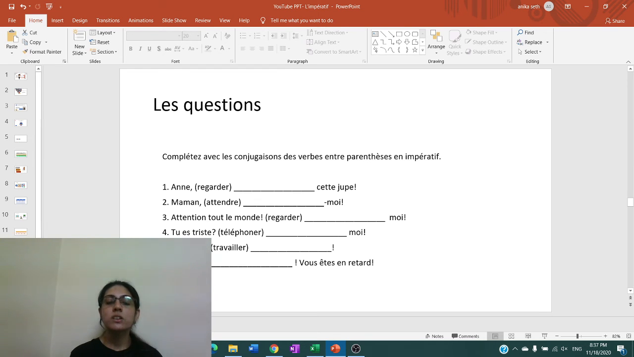Next is Jean-Paul, travailler. So the name of the person is given. In the tu form we will use travailles, which ends with s in the present tense because travailler is an ER verb. Remove the s. The conjugation of the verb is travaille without the s. Then the last one,